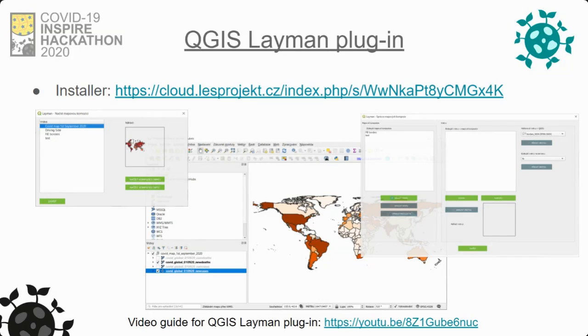I'm going to talk a little bit about what you will see in a matter of seconds. While we are dealing with the COVID-19 situation and we are in COVID-19 Inspire Hackathon webinar, we downloaded data about the COVID-19 from the World Health Organization in the form of a simple table.